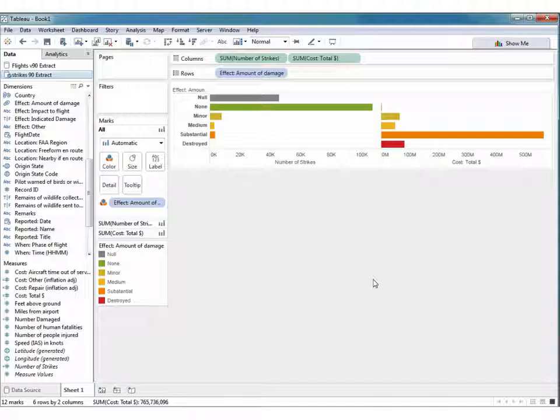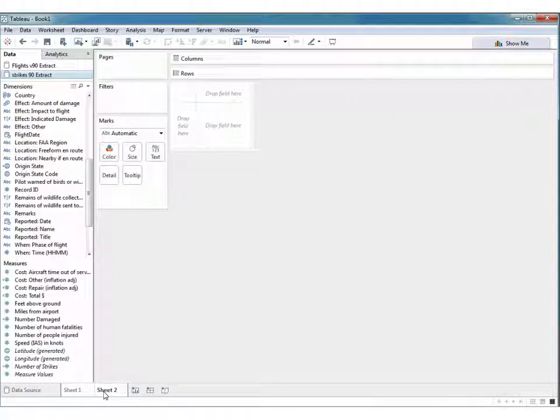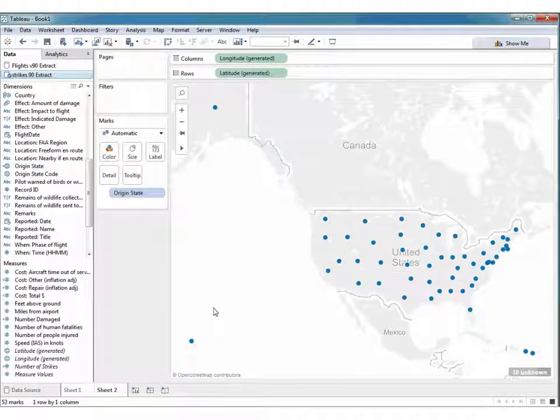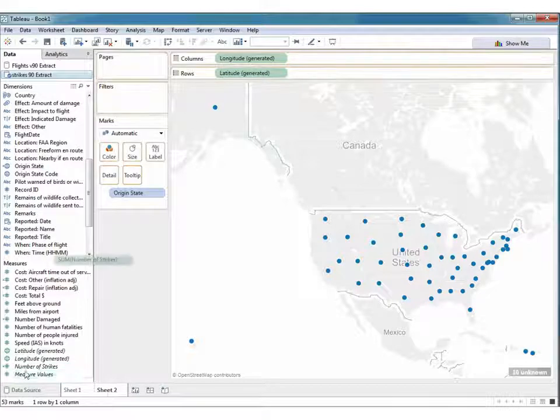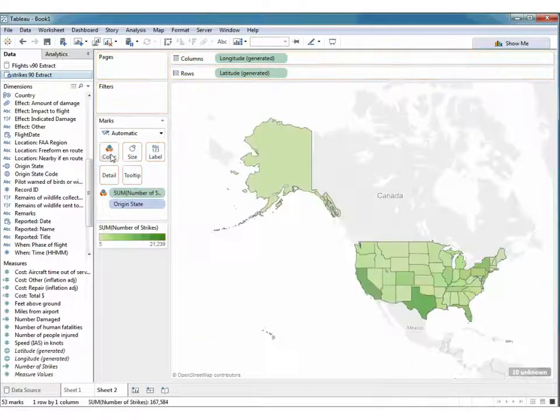You need to be able to explore it deeply and quickly. And in Tableau, this is pretty easy. I can keep this view and go off and explore the where and when questions I was just talking about. And so the where question you can start fairly easily by taking origin state here. And if I drop it on the detail shelf, I'll get a map. And then I can pick up the number of strikes and drop it on the color shelf. And now here we have a nice filled map of the data.